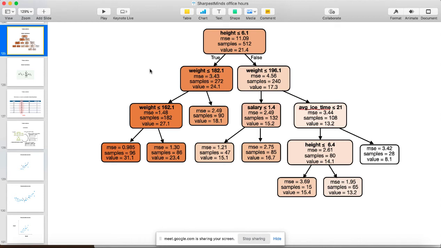There's a sense in which the features this decision tree seems to ask about the most often might just be the more important features. Like if it was asking, are you shorter than 6'1"? Okay, in that case, are you shorter than 5'4"? Okay, in that case, are you shorter than 5'1", and so on. If you're asking about height an awful lot in order to make your prediction, that suggests that height is actually a really important parameter. And if that's the case, we should probably rank it high in our priorities and get rid of features that don't show up at all, or very little, in these structures. So that's going to be the core of the idea behind the bespoke feature importance metric that decision trees use,